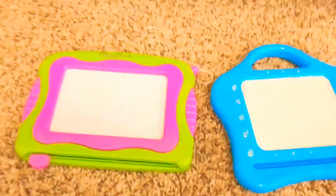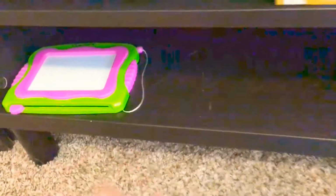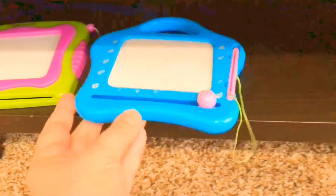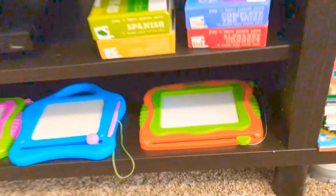And as we got to know the kids better, we would encourage them to have their own little crayon boxes and drawing pads, which we would keep in a little organizer in the car, because one of the things we realized was that car rides can be very stressful, and I'll talk to you about that as well. Okay, so just to reiterate, car rides can be very stressful